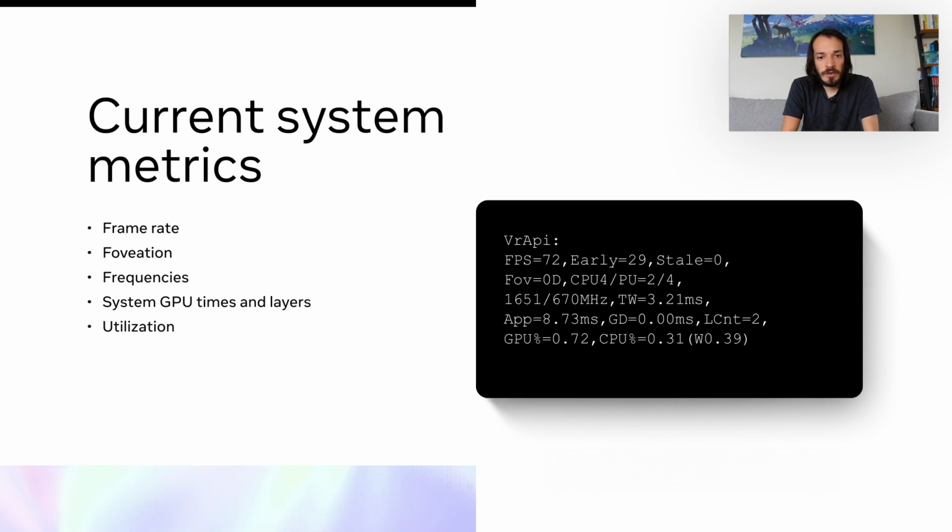The two here that I want to talk about quickly were the early frames and stale frames. So in our latency system in Oculus Quest, we give you what we call 2 frame times to complete CPU render thread and GPU execution. So since we are targeting 72 frames per second, a frame time is around 14 milliseconds, and we give you 2 frame times to complete CPU plus GPU. That way you can have full parallelism between the various SoC components,